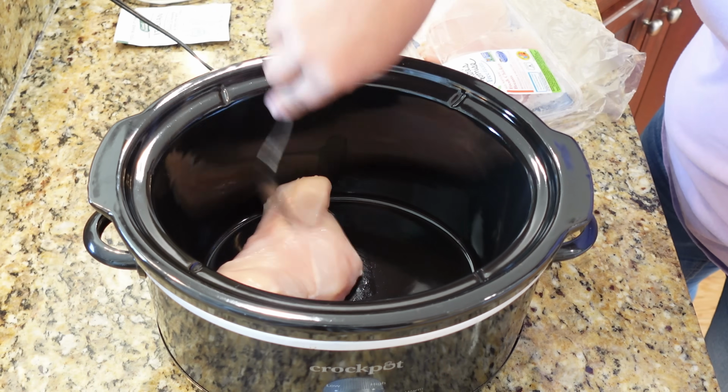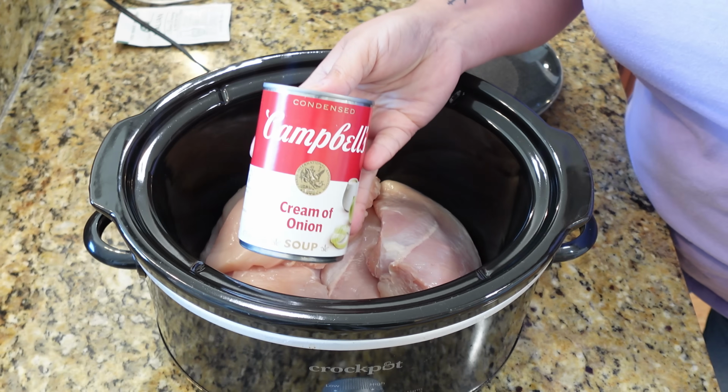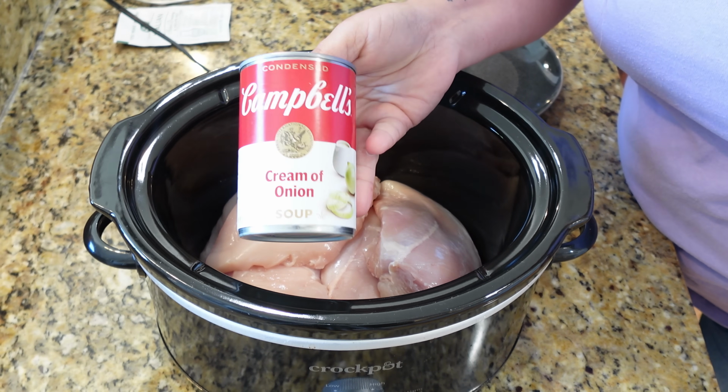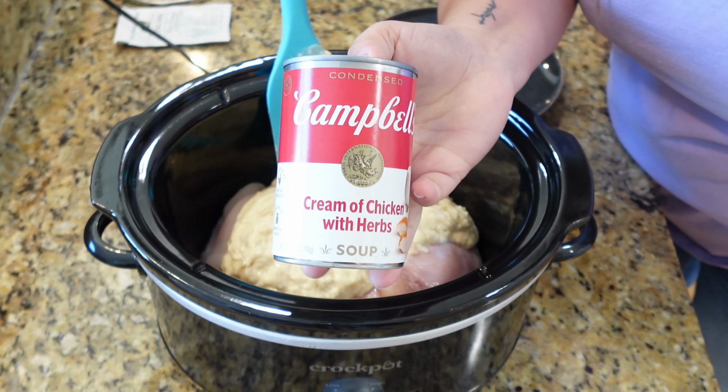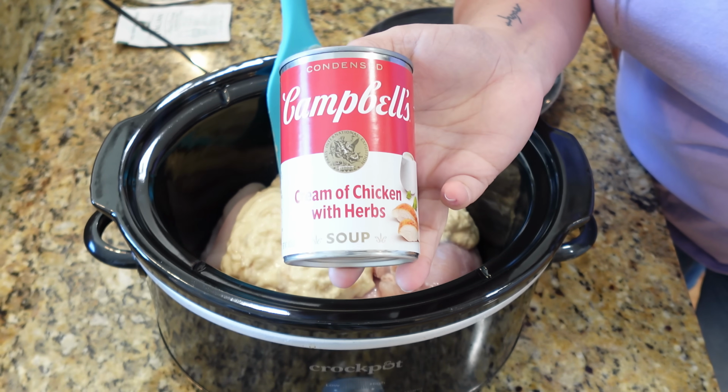All right, so we're just gonna go ahead and place, I have about 4 chicken breasts over here. Next, I'm going in with a can of cream of onion soup. We're also gonna add 1 can of the cream of chicken with herbs, but regular cream of chicken will be